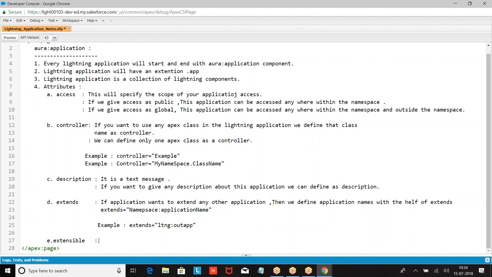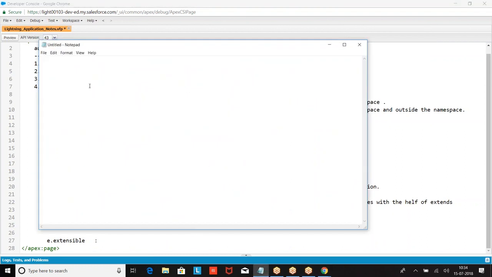When can an Apex class be inherited by another Apex class? If you want an Apex class to be inherited by another Apex class, then we have to say virtual class. Only when you define the class as virtual, this can be inherited by another class.